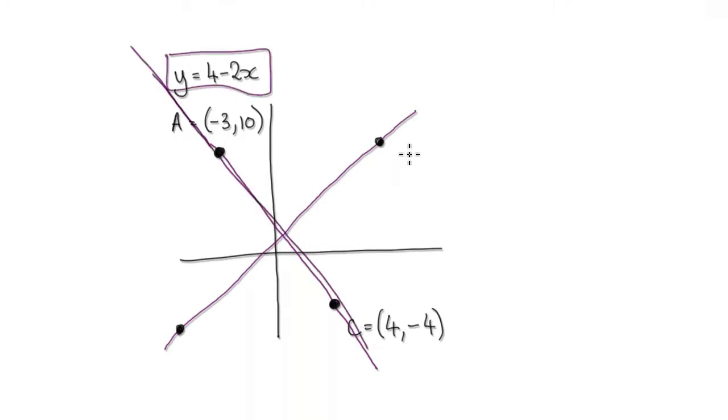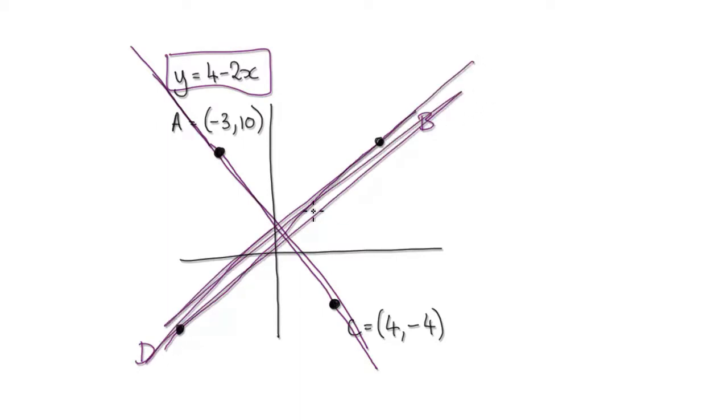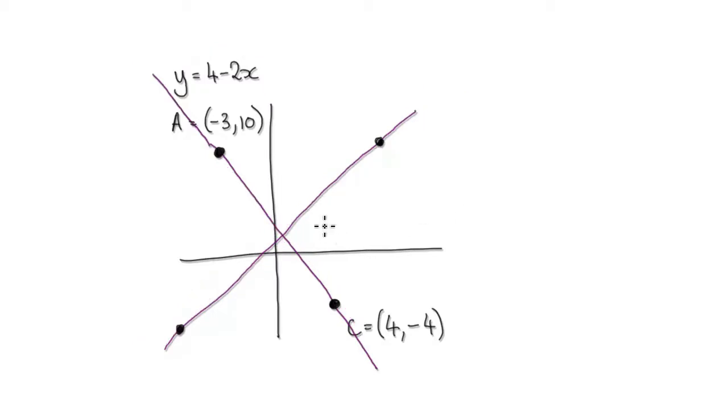So now we need to find the equation of BD. So this is the third question. We need to find the equation of this line. So we need to find the intersection of the two. So the midpoint of this line. Because remember, when you have a rhombus,